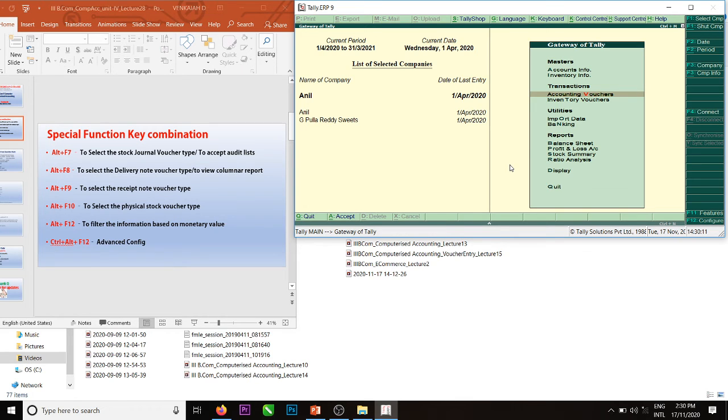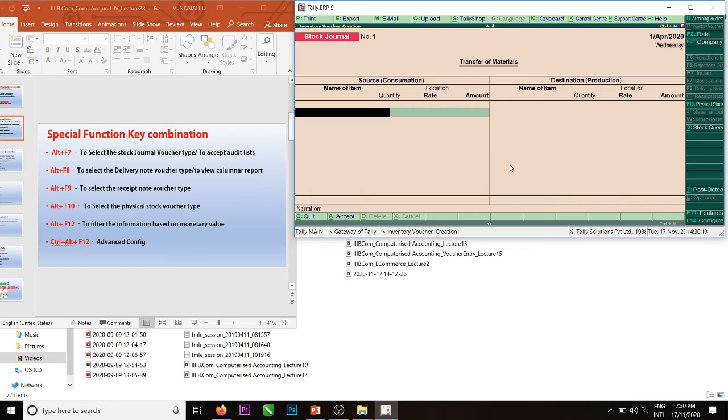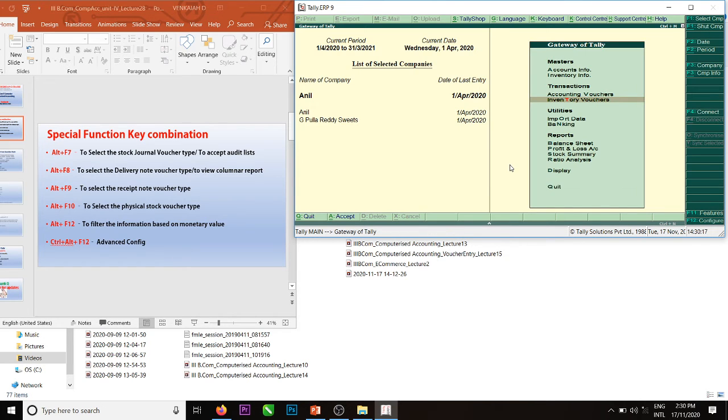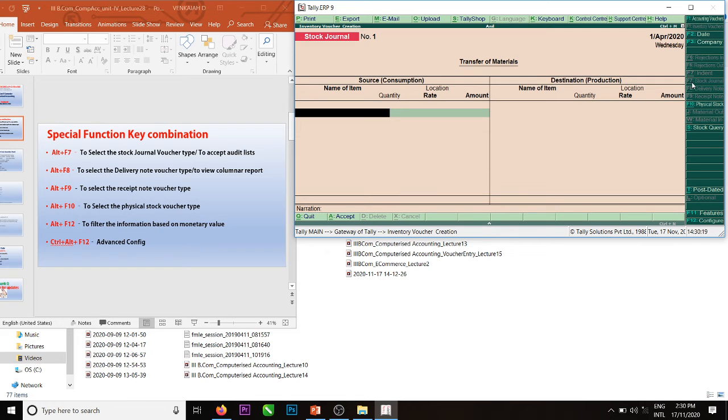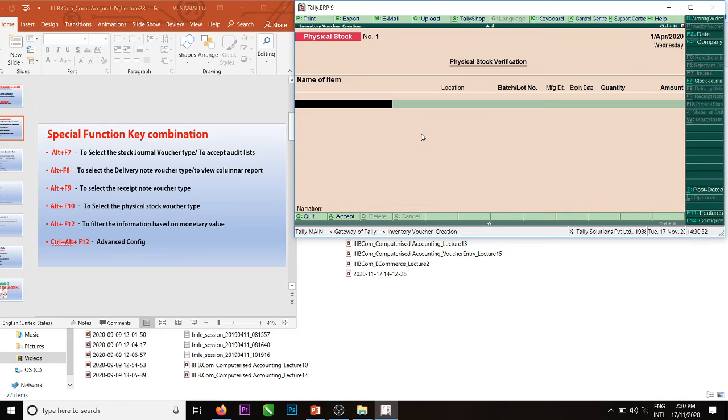Control Q. Alt F9, it's not working here. Alt F10, physical stock voucher.